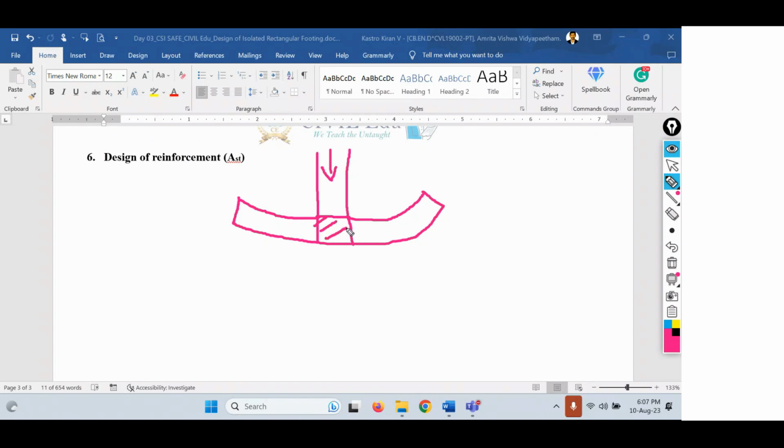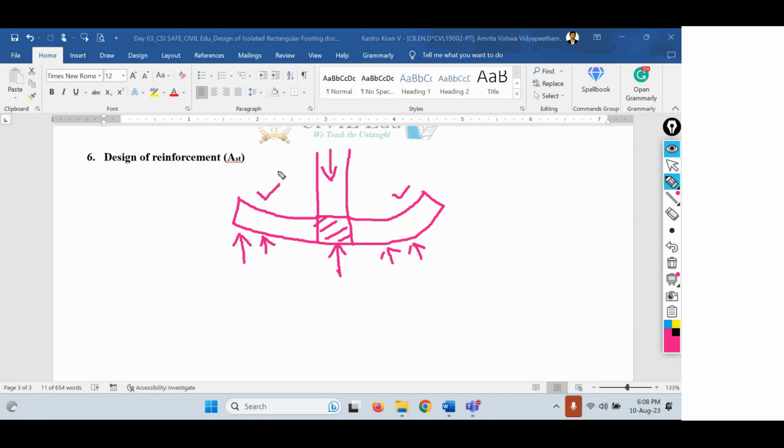It is because whatever action forces are there, the reaction forces will be equal. So the action force is equal to the reaction force, and hence this stiff portion will not go into any deformed shape. The only deformation that occurs is in the left side cantilever portion and the right side cantilever portion. Why is that? It is because we have the upward soil pressure coming here. Okay, we have the upward soil pressure coming on the left and right side cantilever portions,